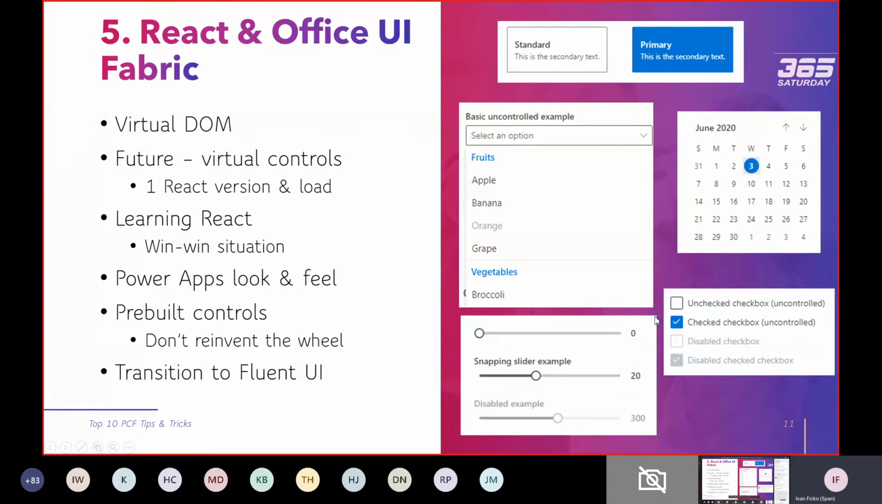The term is virtual DOM, and it's a really good thing because rendering is a heavy operation. If you are rendering just part of the DOM, it's a lot quicker. The future of React and PCF will be virtual controls. In other words, it will allow you to include your controls directly into the virtual DOM of the Power Apps